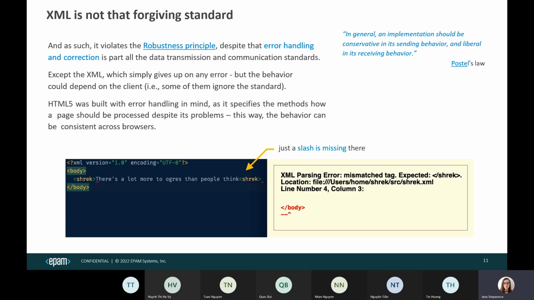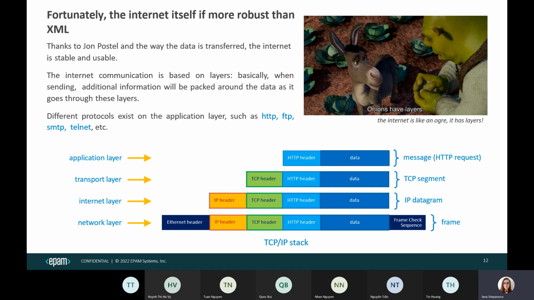XML is for sending and receiving, transferring the information. So XML was not robust at all, and it was violating Postel's law. It was not robust. But